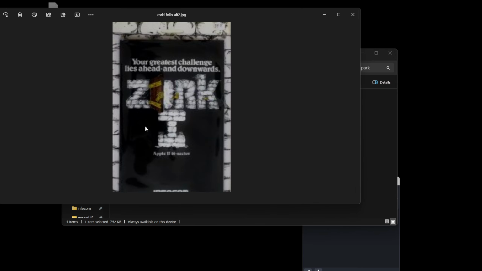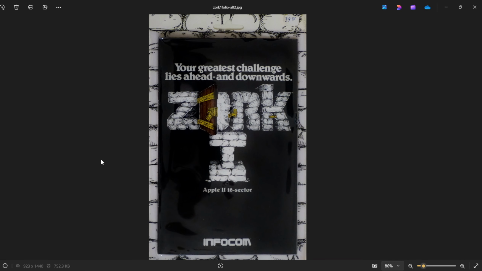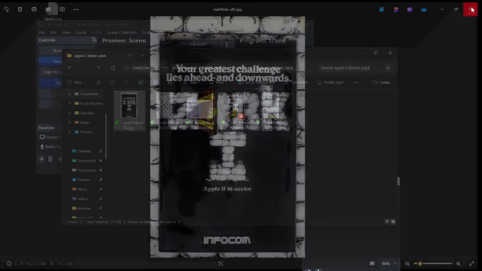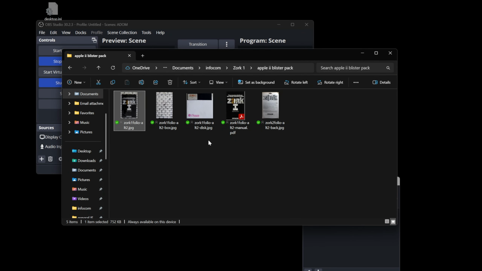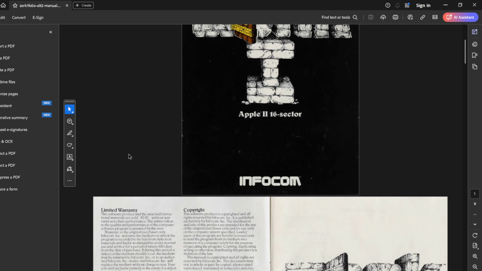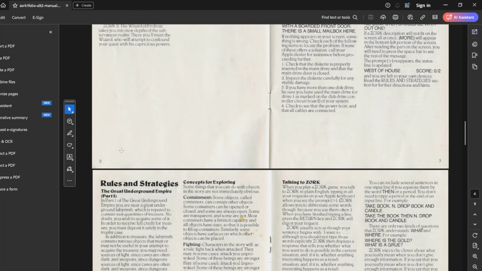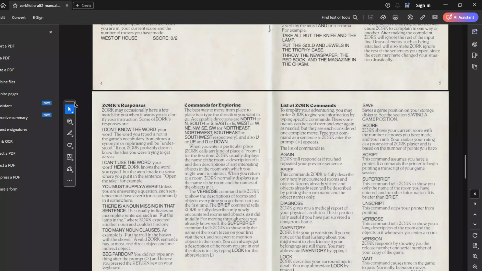Zork I originally shipped in this kind of blister pack, as you can see here. A very bare bones production. You see the price tag here, $40, which was a lot of money in 1980. Some of you probably know these are called the folio editions. They come from the famous gray box. This has a very bare manual. It doesn't really explain a lot. It's focused on mechanical play, command sets and whatnot.